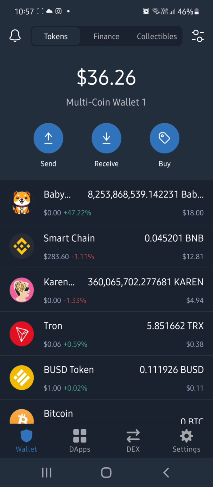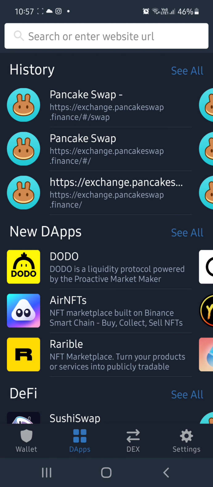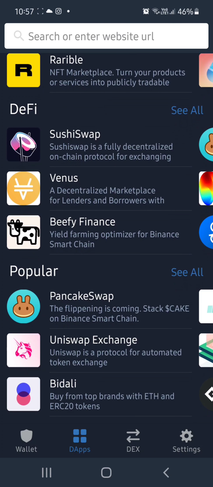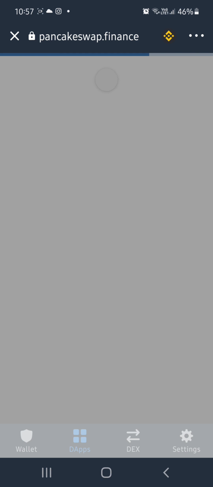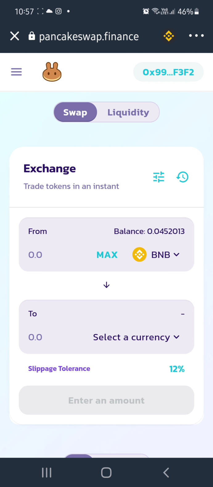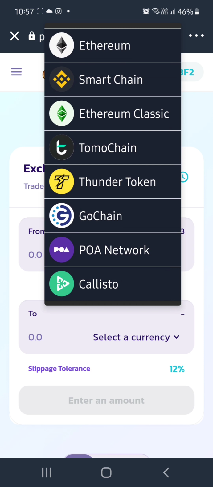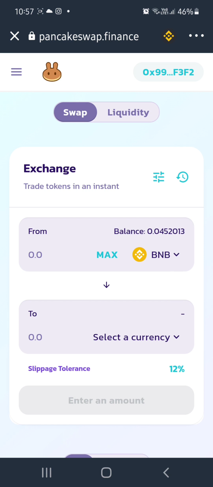And this is the current coin right now I have in my account. You have to go to DApps, and from there you have to select PancakeSwap in the popular section. This PancakeSwap supports Smart Chain also. This current coin is built on Smart Chain, so you have to select Smart Chain at the top, as shown just now. And in order to buy the coin, you need to have a BNB balance or any other BUSD balance that also should support Binance Smart Chain, that is BEP-20, if you see there.